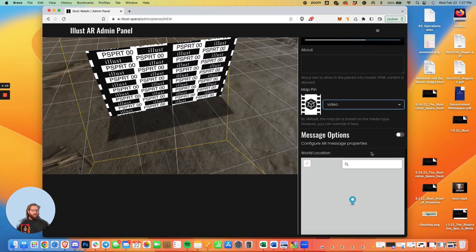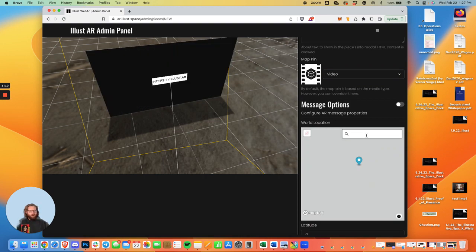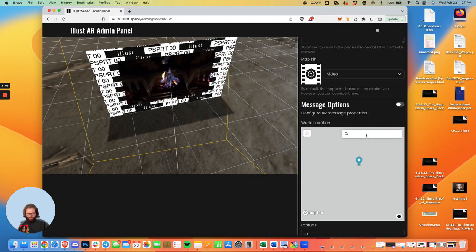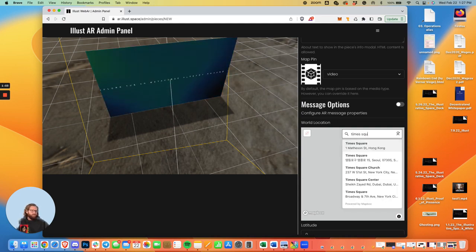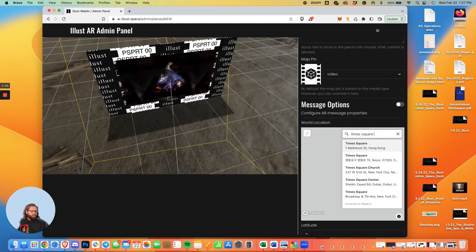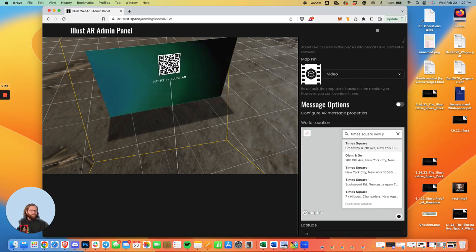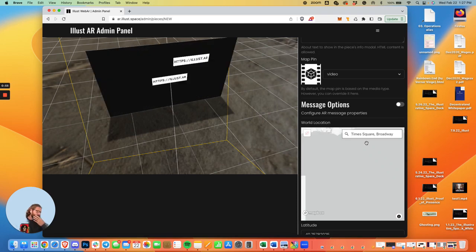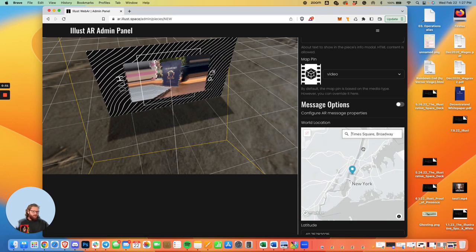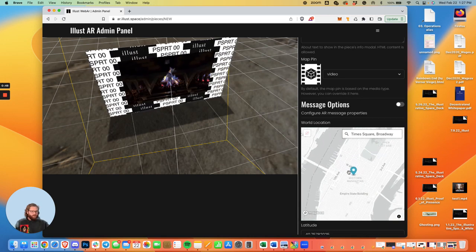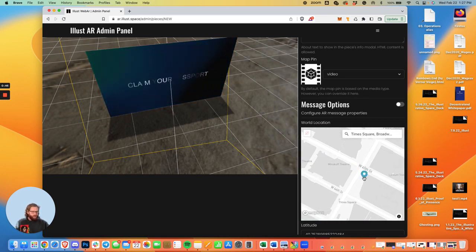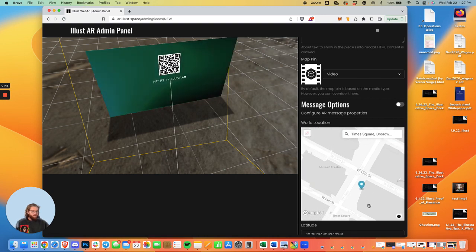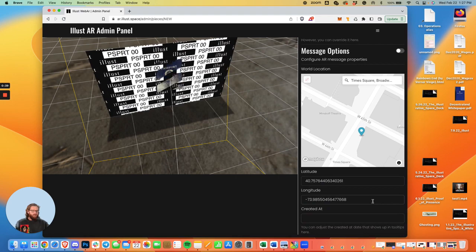And now I'm going to go here, and I'm going to figure out where I want it to live in the world. So I'm going to say Times Square, New York. There we go. Now it's going to jump over to Times Square, New York. And there it is. There's the placement. It's going to be right here. I could double click anywhere on the map, and I can figure out where I want it to go. And that's really all of the main